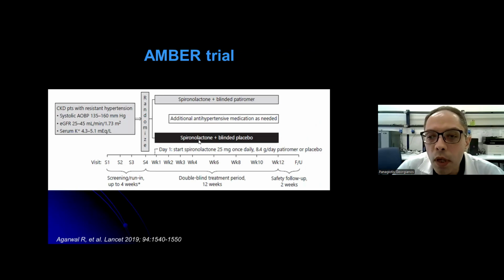So can we use the newer therapies that bind potassium in the gut to mitigate the risk of hyperkalemia in order to enable the more persistent use of spironolactone for the treatment of resistant hypertension in patients with advanced chronic kidney disease? This research question was investigated in the AMBER trial. In this phase 2b trial,